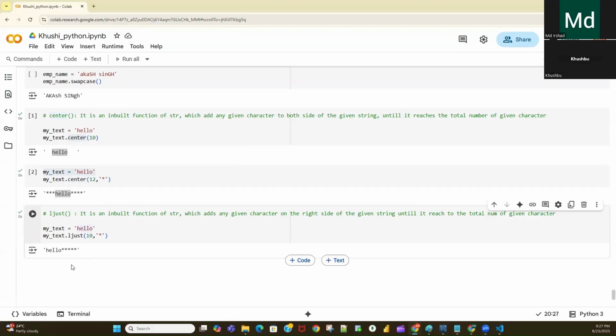If I execute, this is the 5, plus it is adding these 5 characters on the right side. This is your LJust. Similarly, if you don't pass anything here, by default it will add the space on the right side.